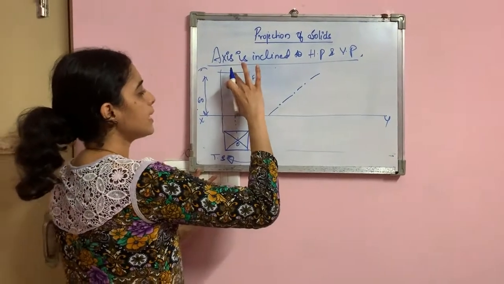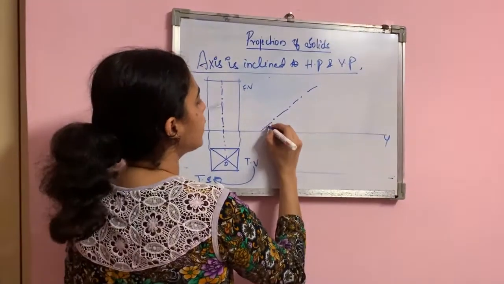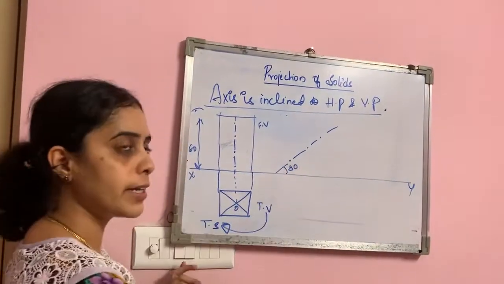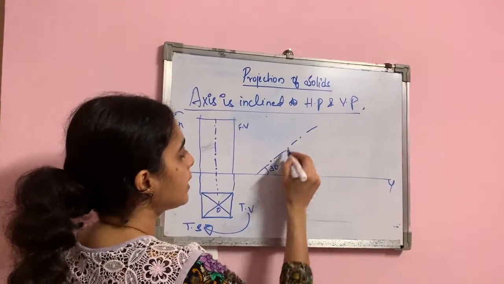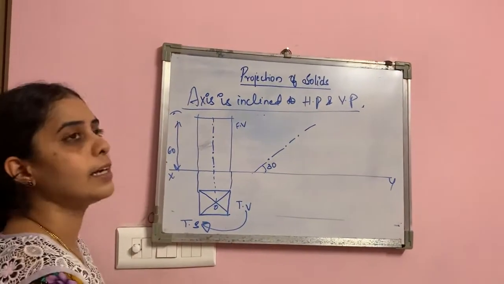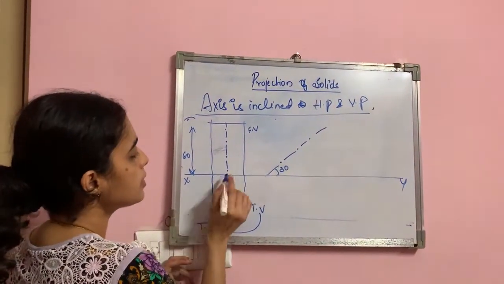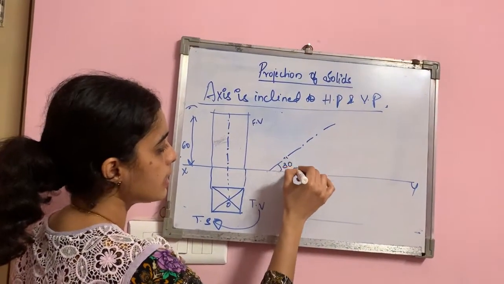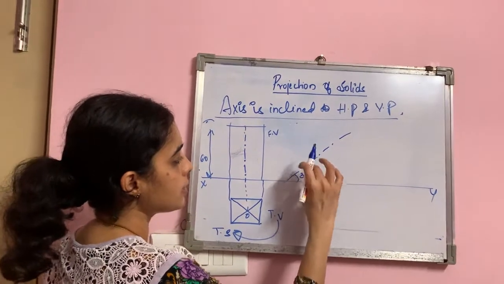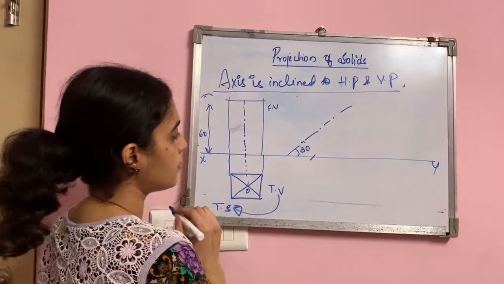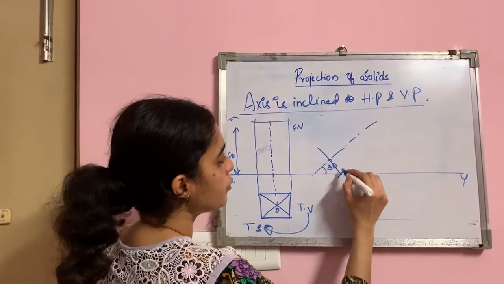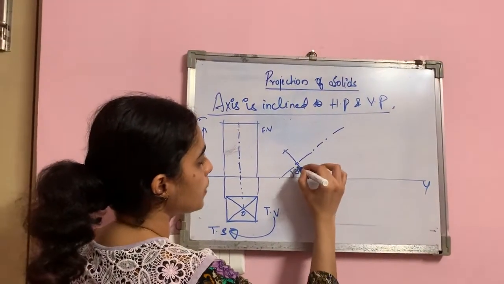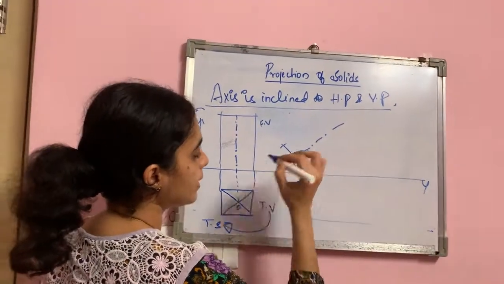Axis line, you will measure entirely how much the axis line is. In the question the angle will be given, either 30 degree to HP or 40 degree or 45 degree to HP. So you will take the axis line for that particular angle. Then you will measure this distance from here till here, how much is it? You will cut an arc. The distance you will check by trial and error such that it meets exactly on our XY plane. And you will shift. And again this distance you will cut an arc. Always this line should be perpendicular. This angle should be 90 degree.